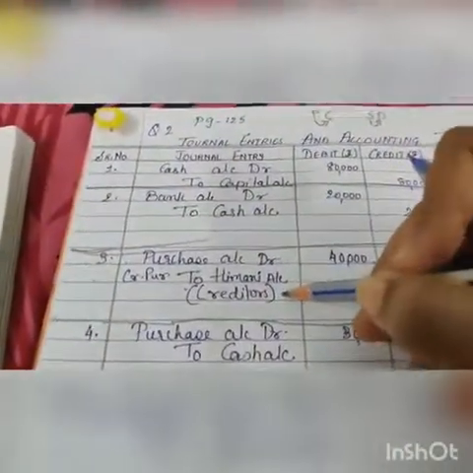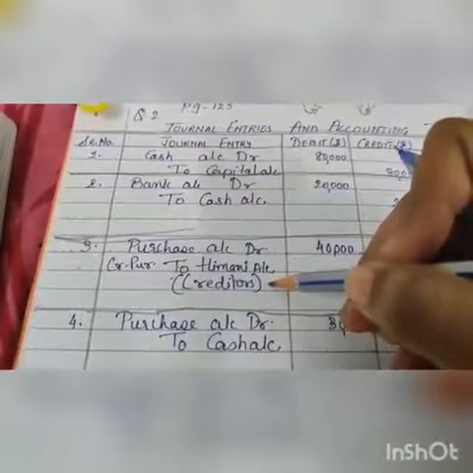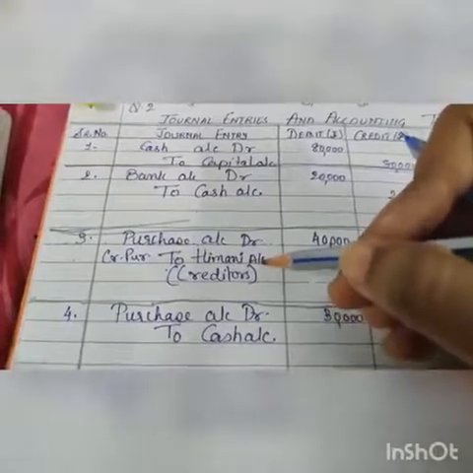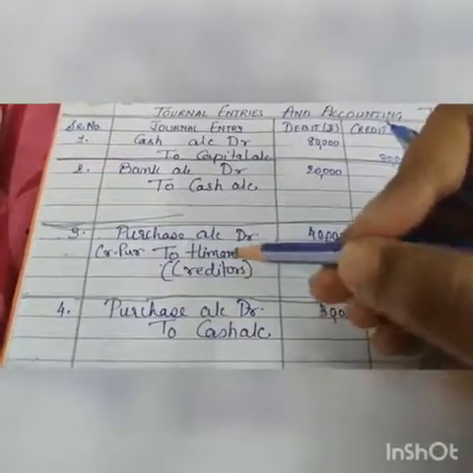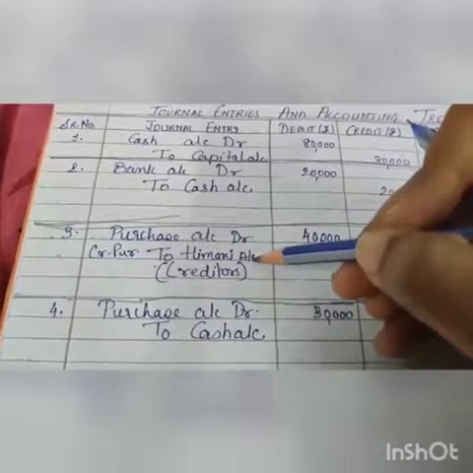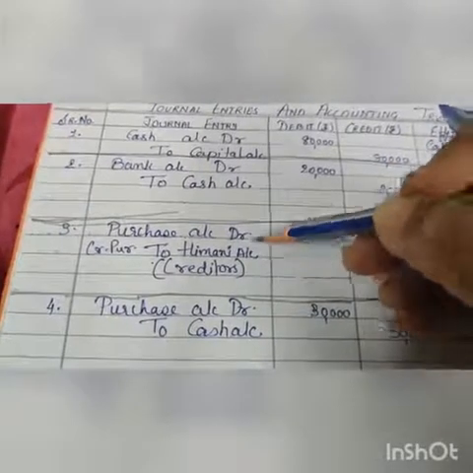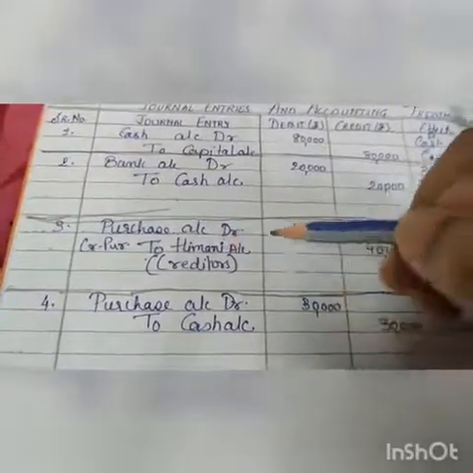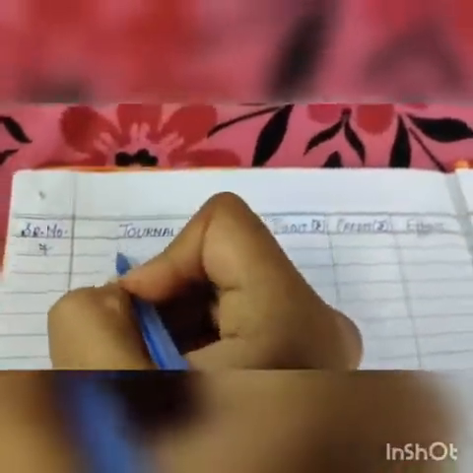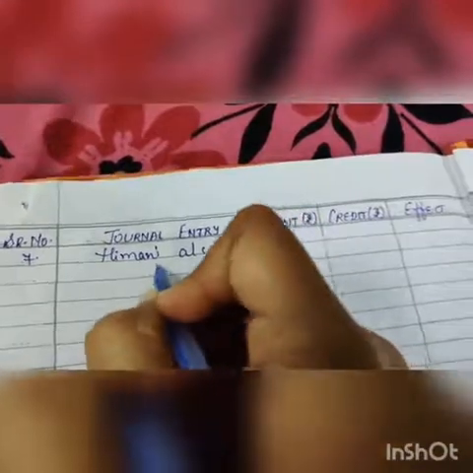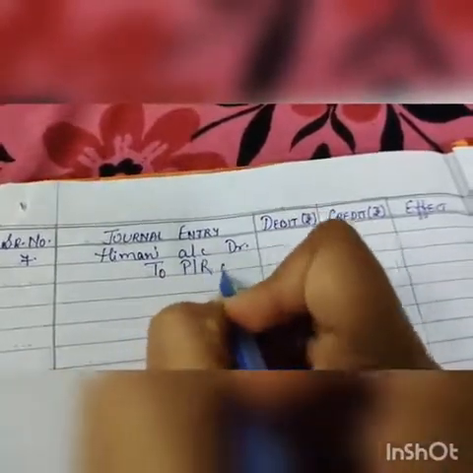So we will go back in the transaction of Himani, which is here. See, third number transaction. Okay, what had taken place? Purchase is taking place. Now here the goods are returned back. So what you will do, you will just do the opposite of this transaction I have taught you. So what will be the transaction now? Himani is credited, so Himani will be debited, and here purchase is debited, so there will be purchase return on the opposite side, that is credit side. So the entry will be like this, that is Himani account debited to purchase return account.